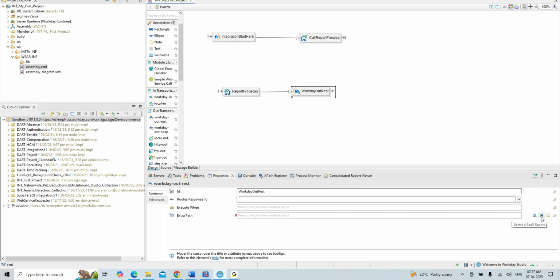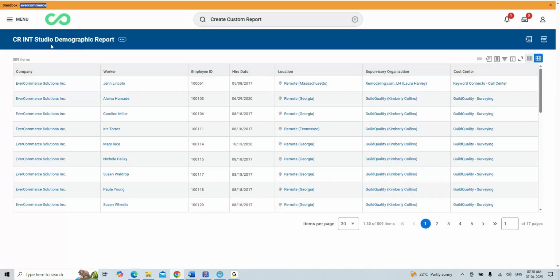If you move the mouse pointer here, it says to select a RAS report. RAS report means report as a service. This is our RAS report. Once you select the box to enable as web service, this report becomes a RAS report. So copy this name